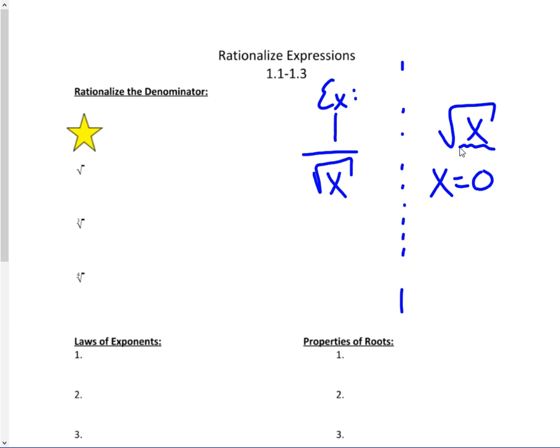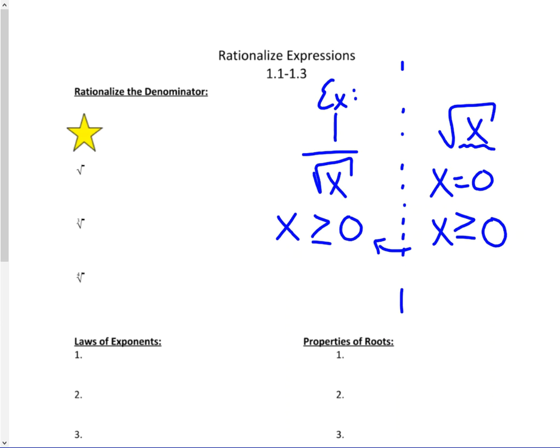Now we have to determine, are we going to be greater than or equal to or less than or equal to? Well, if x is less than or equal to 0, then x is only negative numbers, and we can't have a negative number inside that root. So x must be greater than or equal to 0. The same case would apply here,